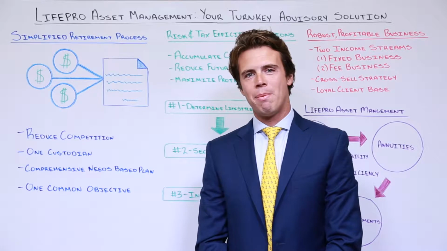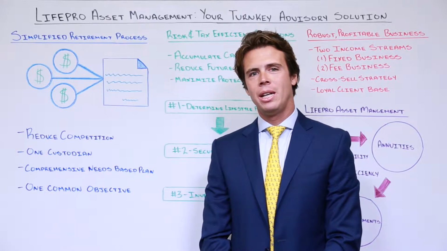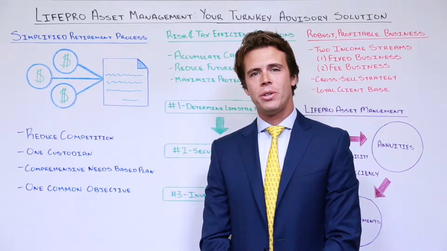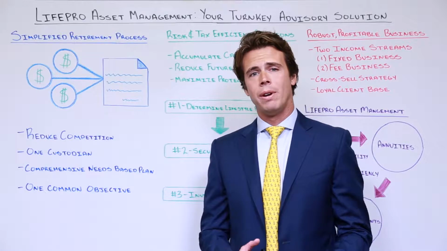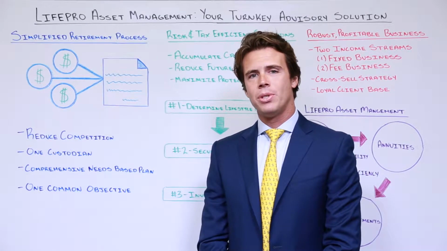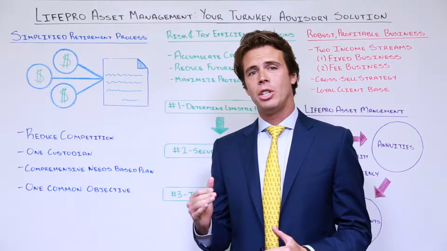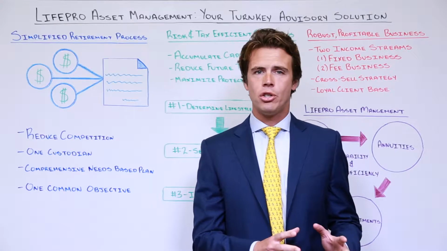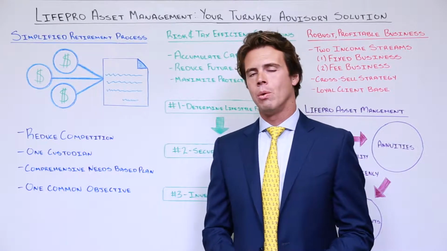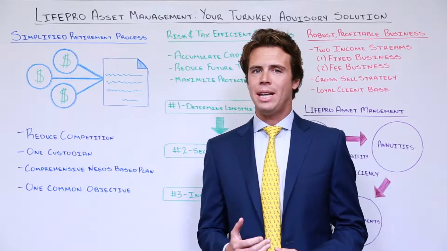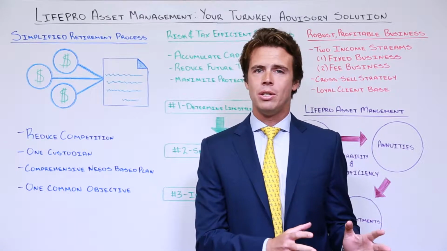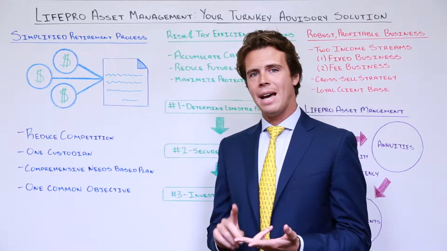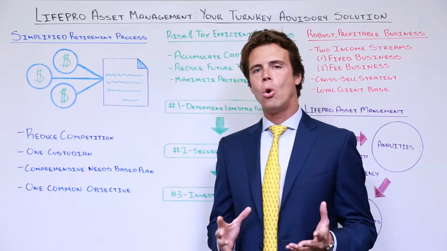My name is Robert Rayburn, and today we're going to be talking about LifePro Asset Management, which is our turnkey advisory platform for you, our advisor partners. This platform was designed to not only help you accumulate assets under management, but really help increase your life insurance and annuity sales. We're able to do this because we push the same values that we do with life insurance and annuities, which are capital protection or principal protection, tax efficiency, and stability at the core of everything we do